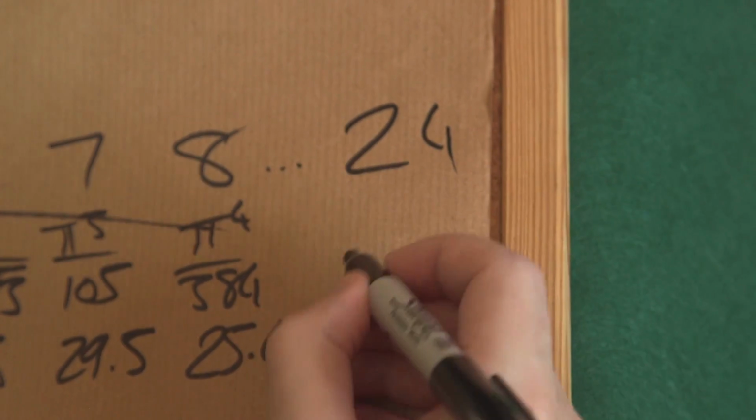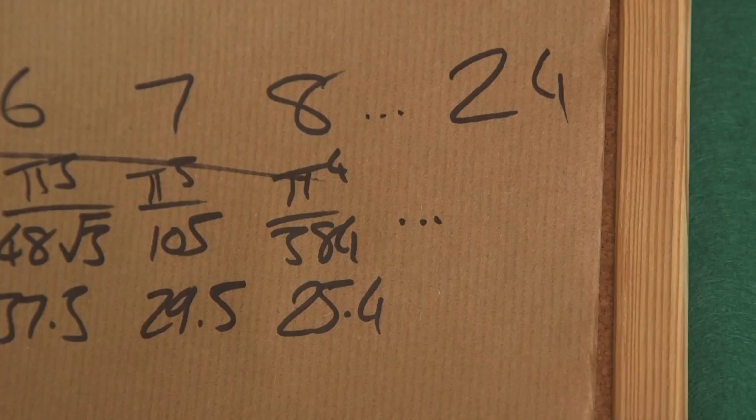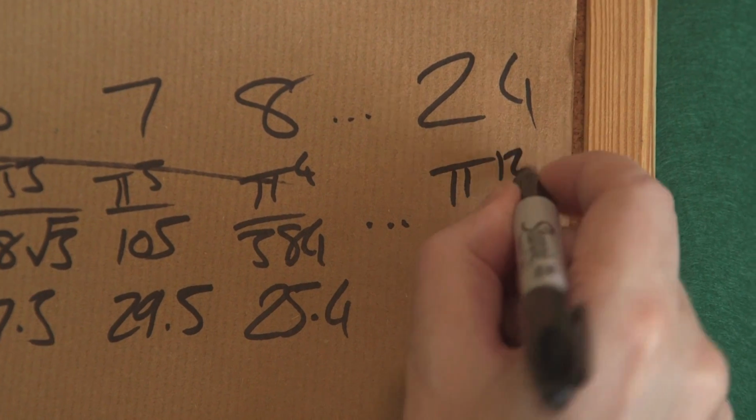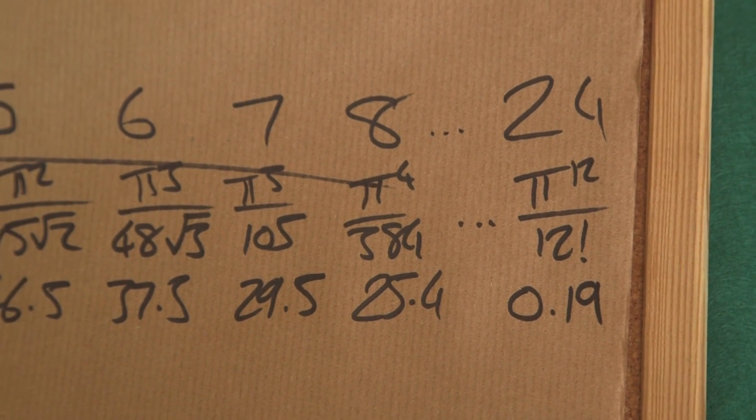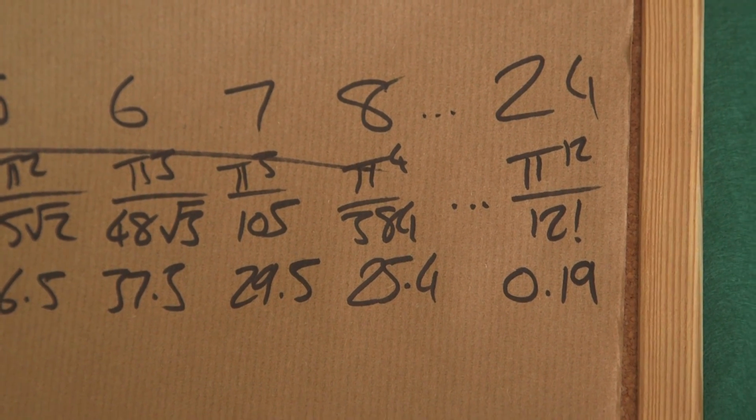When they did that, they very quickly then showed that you can do the same thing in dimension 24. And in dimension 24, they showed that the best packing is pi to the 12 over 12 factorial, 0.19%. And that structure is a regular structure called the Leech Lattice. And John Leech, who came up with this Leech Lattice in the 1960s, was actually studying error-correcting codes when he discovered this structure. But it was Maryna and others that showed that this structure was also the densest possible in dimension 24. In dimension 24, that's not very dense, is it? It's not dense, it's not very dense.